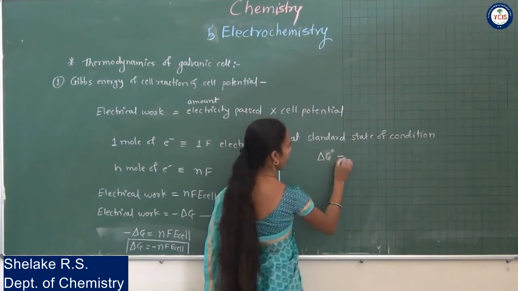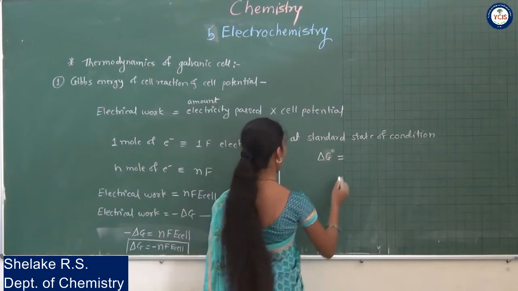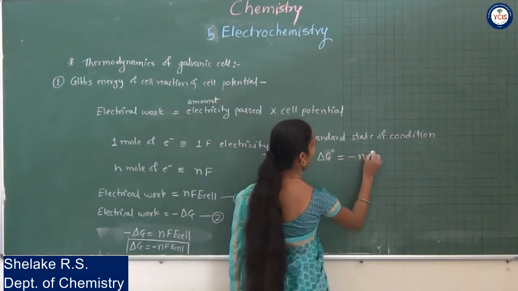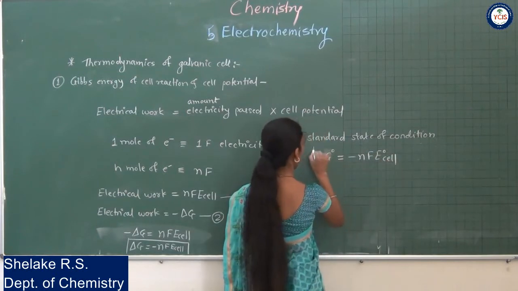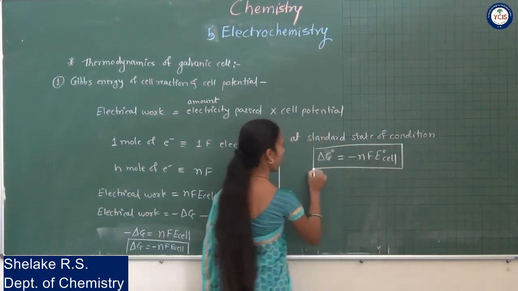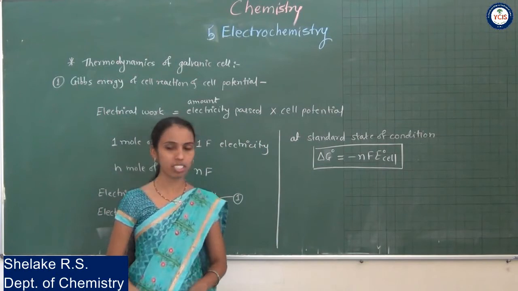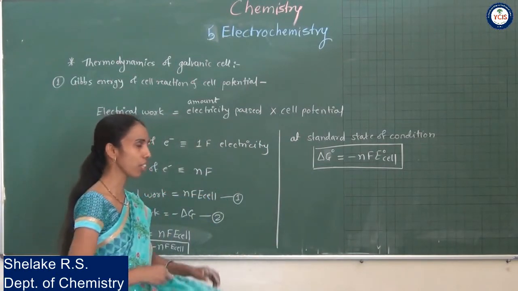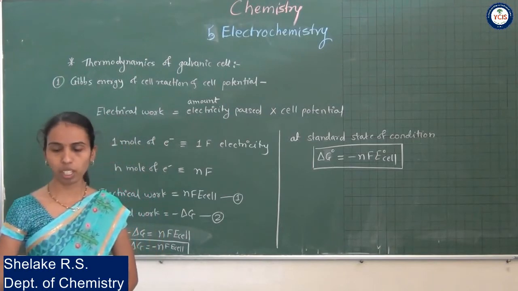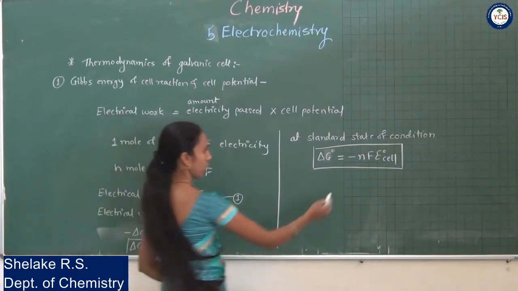Delta G0 is equal to what? Standard condition मध्ये तर क्या बना है? Minus nF E0 cell. So for a standard state of condition, delta G0 is equal to minus nF E0 cell. Okay. Now in that E0 cell